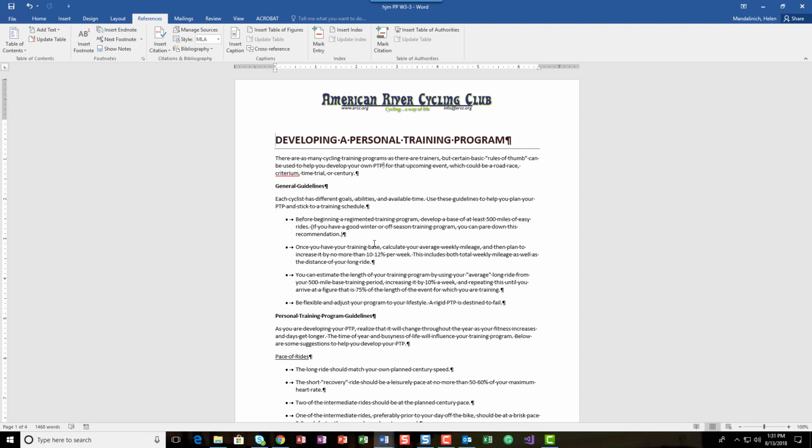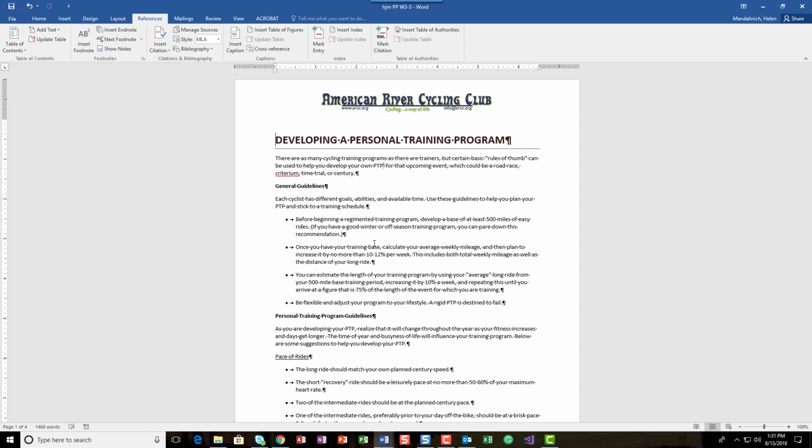Whatever that source is, you need to define what that source is. Then you can use that source through citations. In other words, you're citing within the document when you are using material that you gleaned from that source. So the source is in there one time, but you can cite it many times depending on when you're using